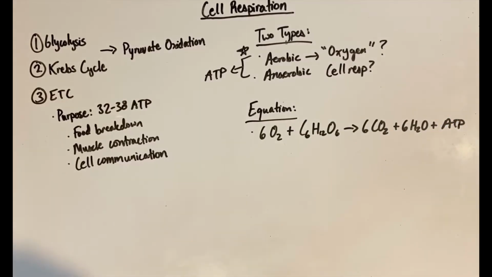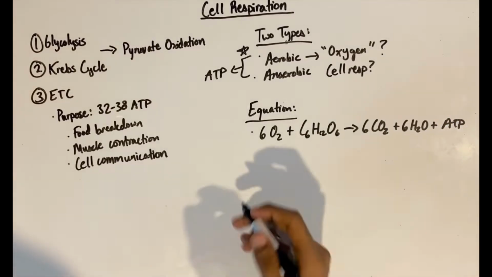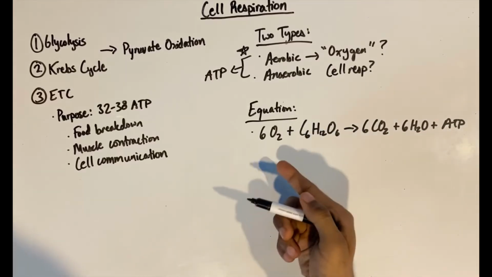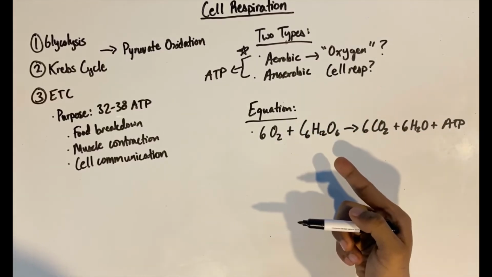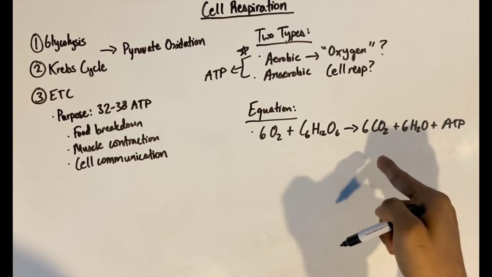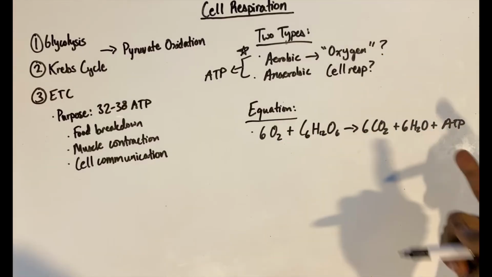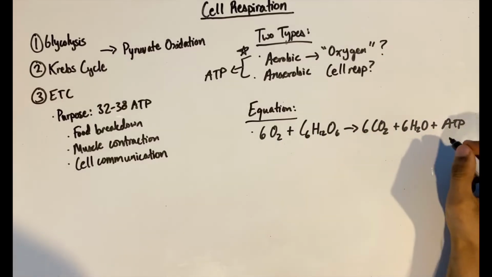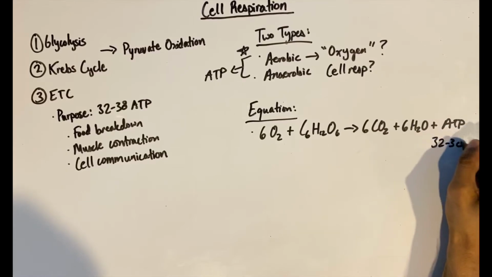As you guys know, this equation refers to the cell respiration reactants and products, which are 6 molecules of oxygen, 1 molecule of glucose, which leads to 6 molecules of carbon dioxide, 6 molecules of water, about 32 to 38